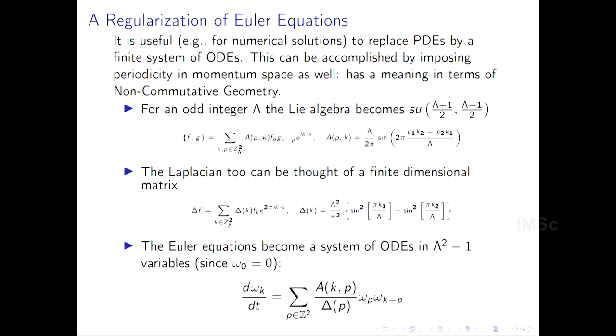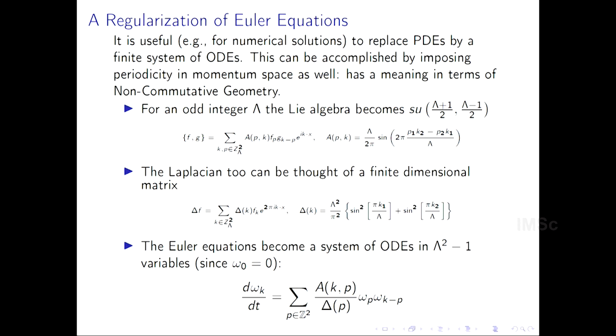And what happens is that the structure constants that appear here in the Poisson bracket, which was just P1K2 minus P2K1, is deformed to this expression. In the limit as lambda goes to infinity, this reduces to the previous formula. Otherwise, it's not. But the remarkable thing is that this deformation still satisfies the Jacobi identity. That is the tricky part, to find a deformation that satisfies the Jacobi identity. So this is called the sine Lie algebra. It appears in many places.